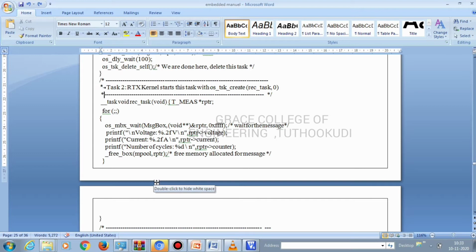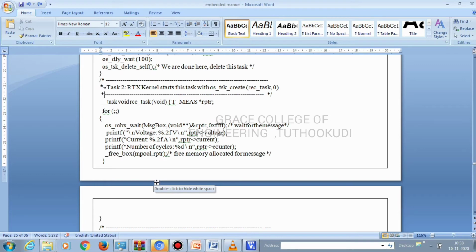Wait for the message to receive. Now the message is received, so it is given as printf of backslash n voltage is equal to, since it is a float, percentage 2f V backslash n, which gives the particular rptr pointing to voltage; it will read the voltage value and display it.